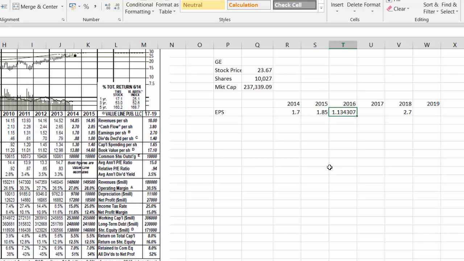I'm going to copy and paste special. Maybe we should have some sort of function to do this. Okay, so we take this one, copy it here. If we take this one multiplied by this one, we get this. Take this one multiplied by this one, we get this. And we get one more. Okay, that's a little bit of interpolation, so hopefully that's part of the exercise. So we have the number of shares, the market cap, and the